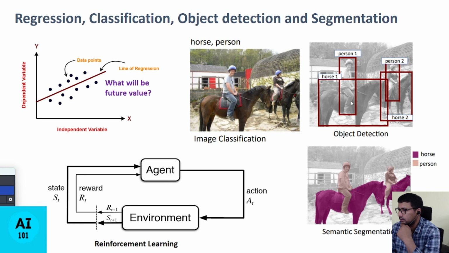And to draw a bounding box, we need two coordinates, right? Here the start coordinate and the end coordinate for each object of interest. We first classify the object of interest. This is the classification problem, and the other is the start and end position of this bounding box, right? This is the regression problem. That's why object detection includes both the classification and the regression problem.